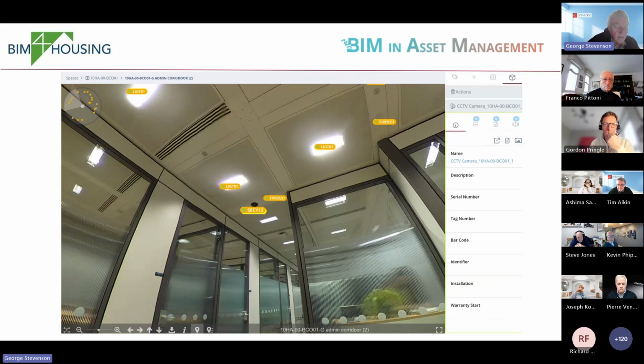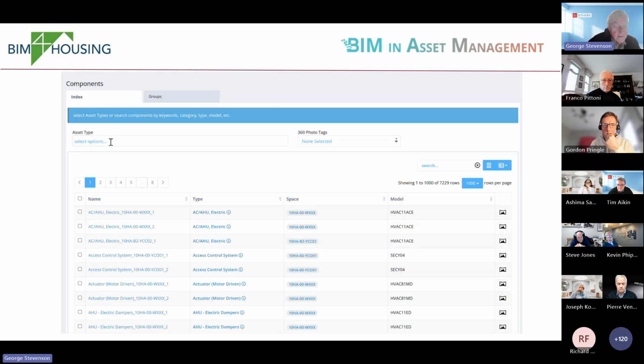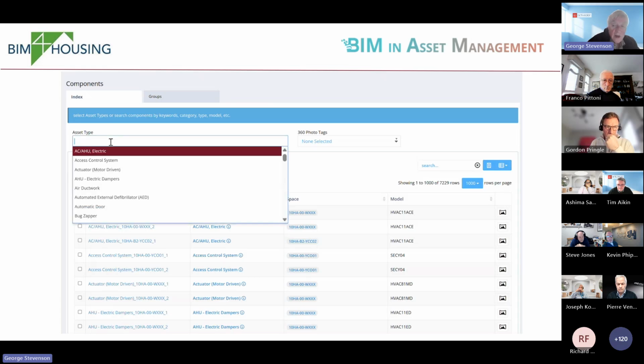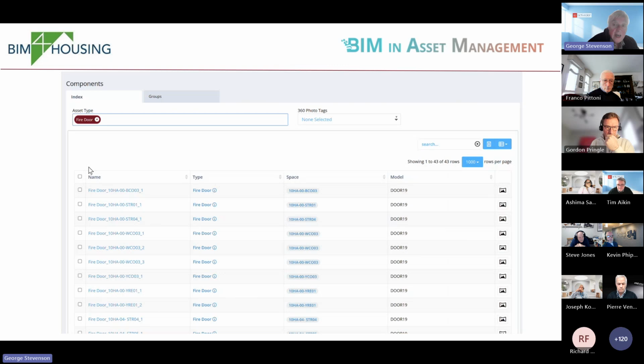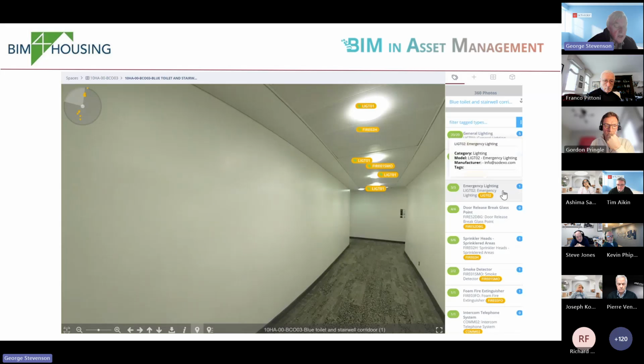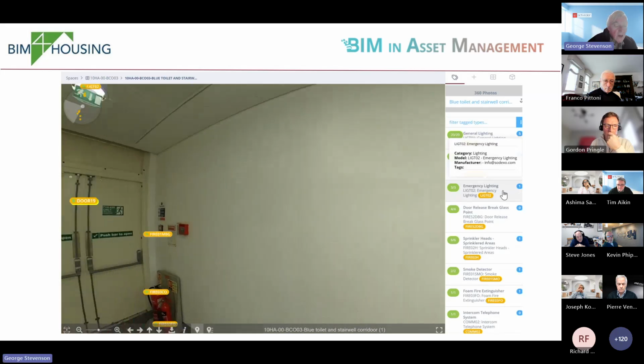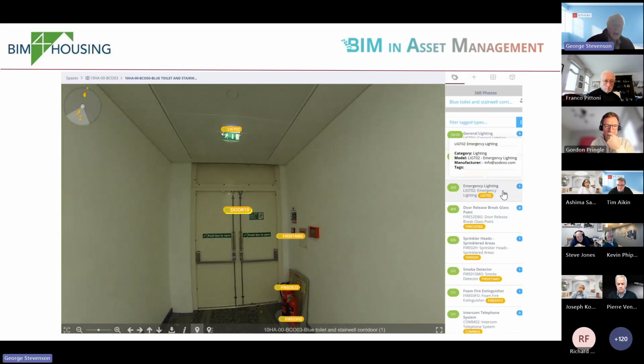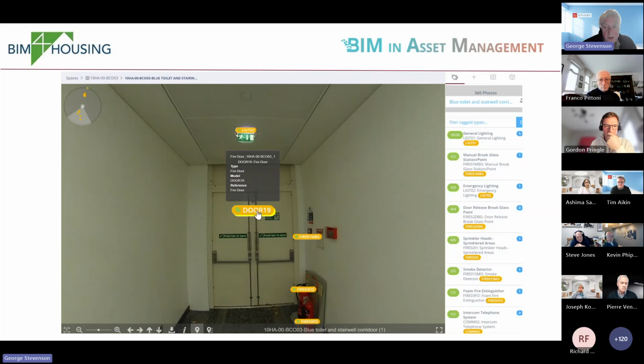Now, we've got a hospital, for example, that's got 3,500 360 photos, but they've not been tagged yet. So we're working this around. See there, for example, by clicking on that fire door, it takes you to that individual fire door in the